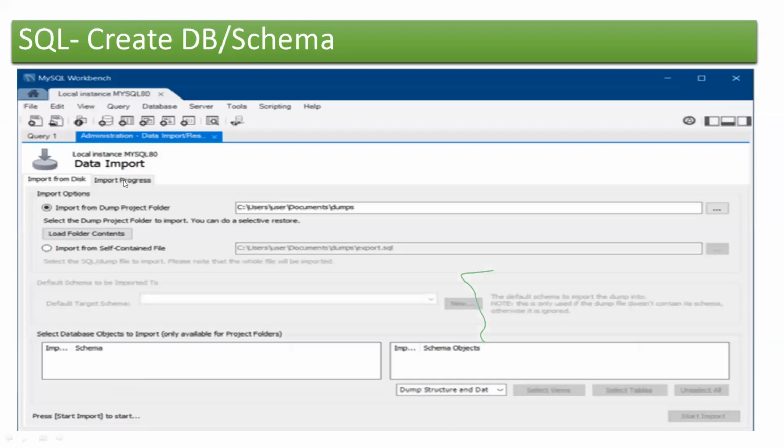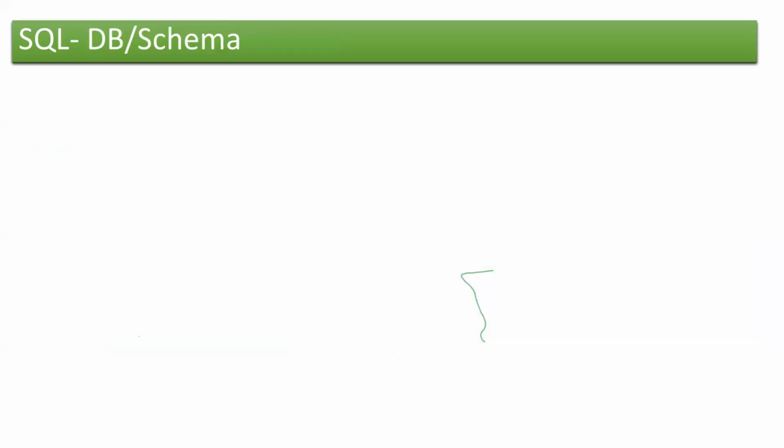On the other screen, you have the local instance data import, where whatever data you created, you can import, either in terms of a Word file or an image, which is a kind of schema. Let's look into the DB schema, how it will look.